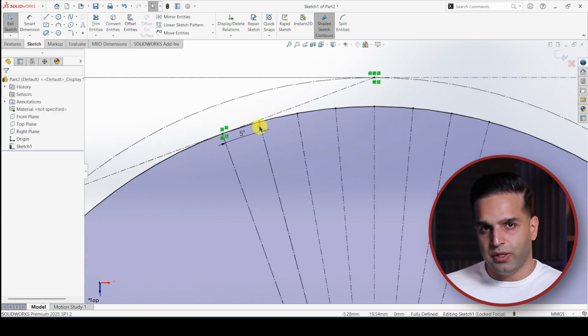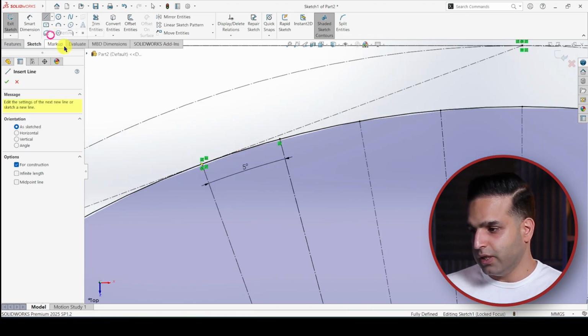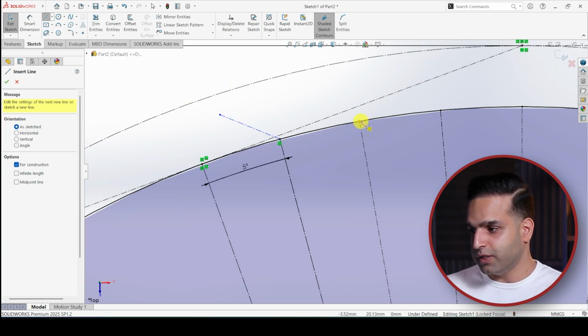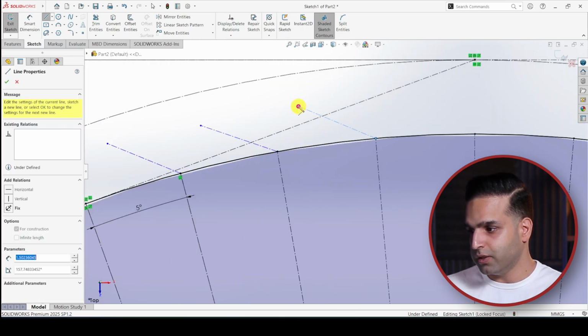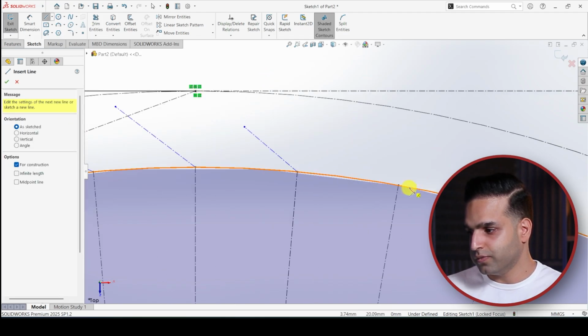So just follow my lead until it makes sense to you. Select the center line and draw from each ending point of these lines. For example, this one, just make sure that there are no mates on them, not horizontality or verticality, somewhere in this space. And you can end the line by double clicking on this space and draw from the next one, double click, next one, double click, also this one too,